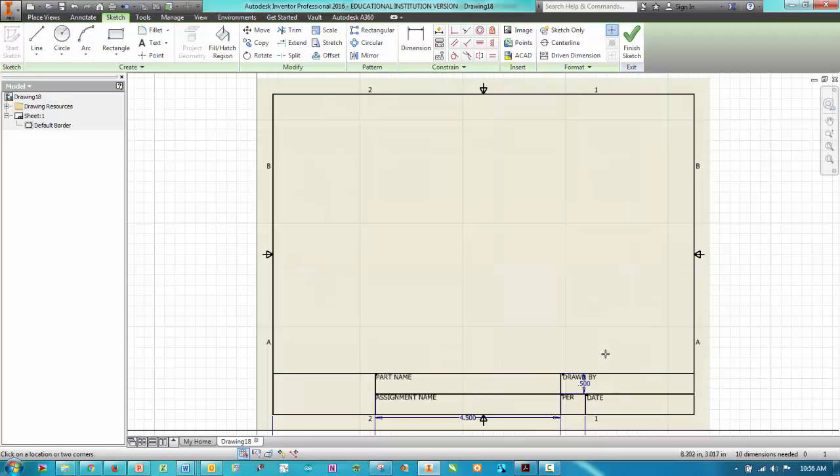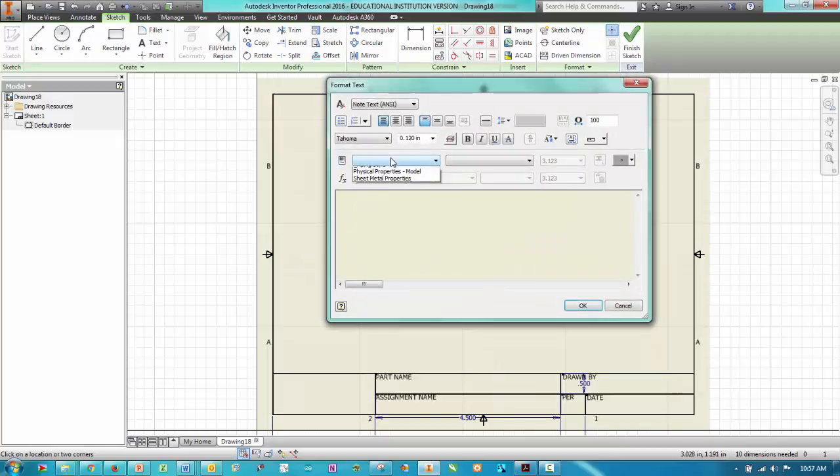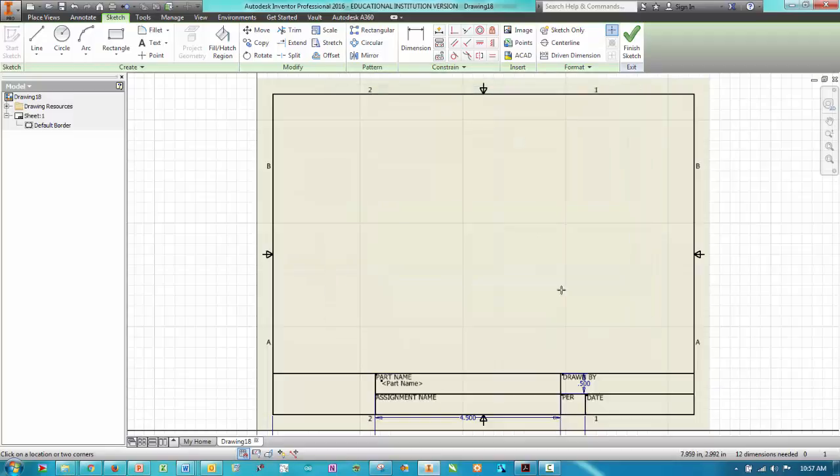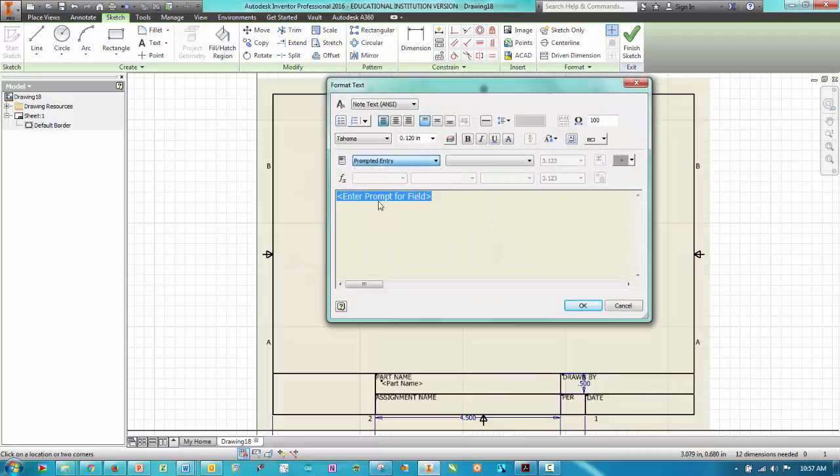Now we want to be prompted when we start this drawing to put the name in. So we're going to again use the text tool. We're going to put it right here. And then this drop down we're going to put prompted entry. And then inside these two angle brackets we're going to put enter. Actually we'll just write part name. And back to text, click here, prompted entry, assignment name,